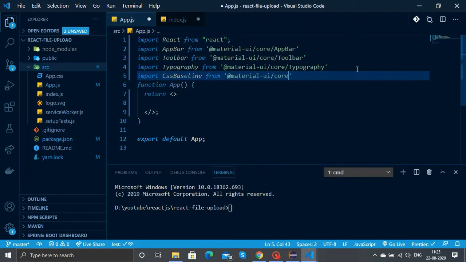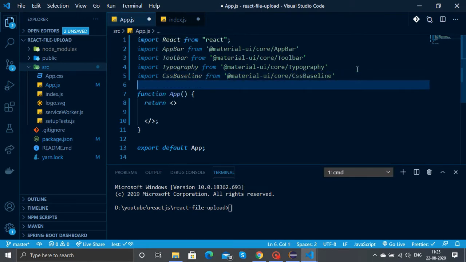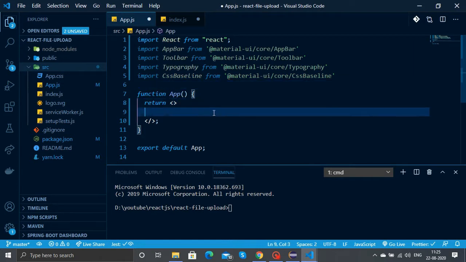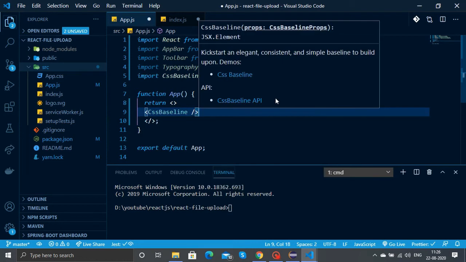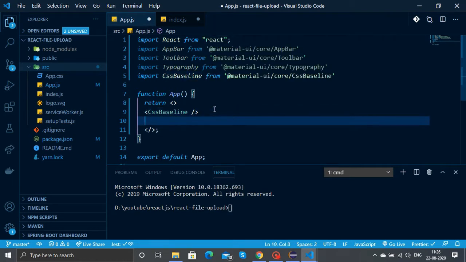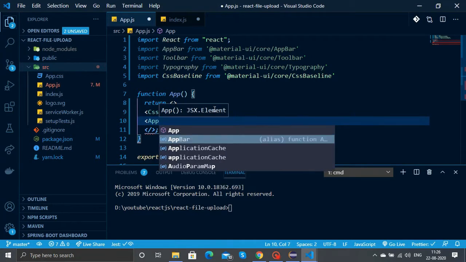CssBaseline resets all the browser-based properties like margin, padding, etc., so that it normalizes the styles across browsers. We'll import that at the top, and then we'll use the AppBar component.